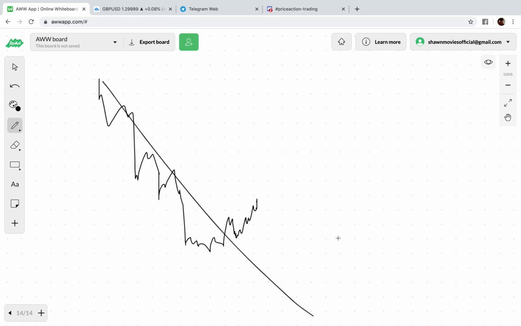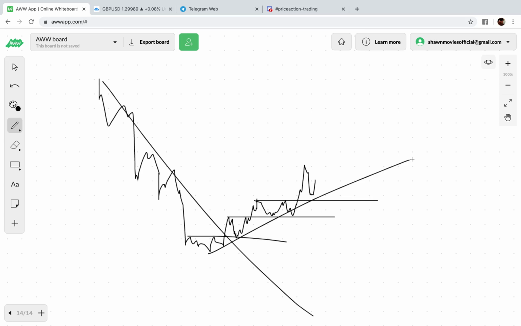Here's what you do. If price breaks out, and it's been in a downtrend for a while, don't be quick to look for buys. Just let it do its thing. And if it goes up and starts breaking these areas and forming a new trend, and it starts gathering momentum and going up like that,